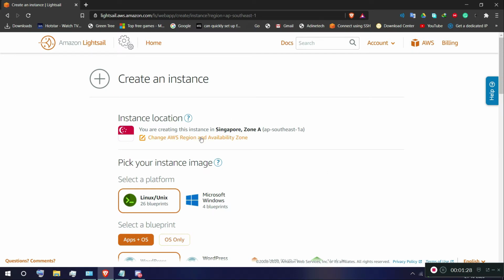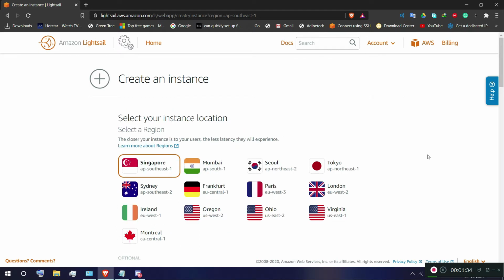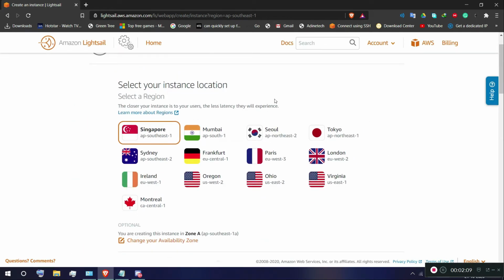Here's the instance location. Change the instance location based on your wish, choosing the nearest server for low latency and high speed data. There are two types of people who need a VPN. First, people who need to unlock sites and some proxy websites can select any region for their needs. Second, people who need faster data, low latency and a static IP from Amazon Web Services. This VPN is great for the second type of people, and the first type can use it too, but they need to waste their time selecting the region again and again.